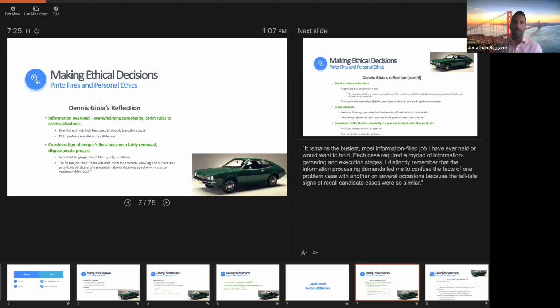So what he's saying here is that he was so overloaded with information, with work, that he wasn't able to make a rational choice. And again, I'm just telling you the facts as he states them, and so certainly form your own opinion on this. And he said the Ford Pinto was a relatively little problem from what he saw. He was having defects where there were thousands and thousands of cars having issues, and up to this point, there were relatively few cases that he knew about where there was this defect.